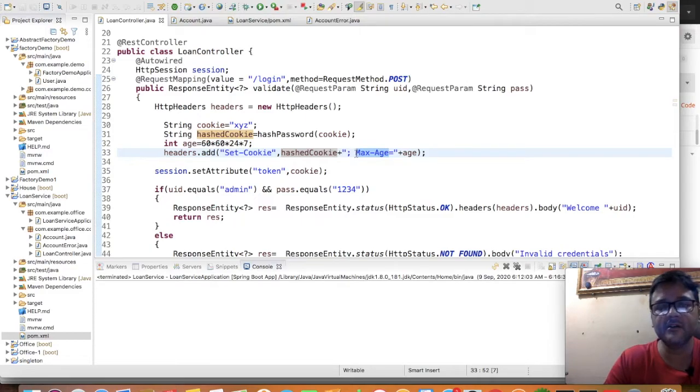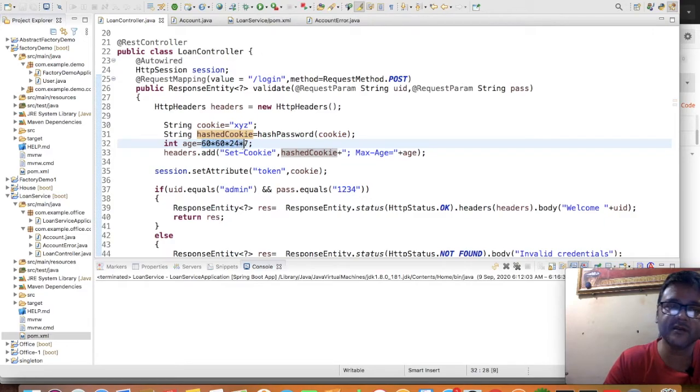By default, some browser or some server keeps the cookie as long as the browser stays open. If the browser closes, the cookie is going to be deleted. But I don't want to delete the cookie. I want to keep the cookie for a longer period.